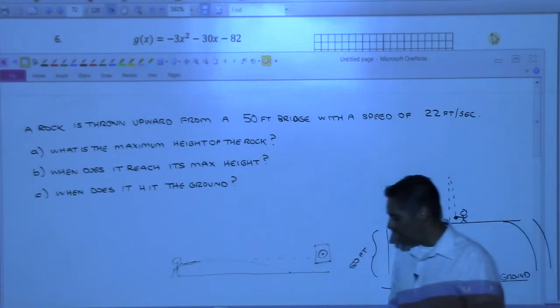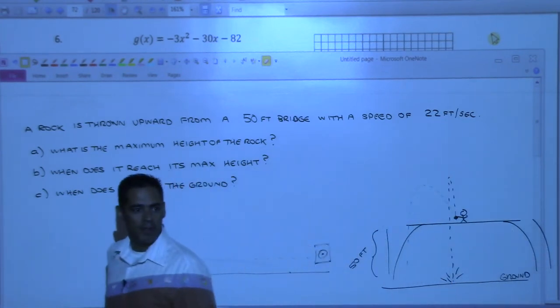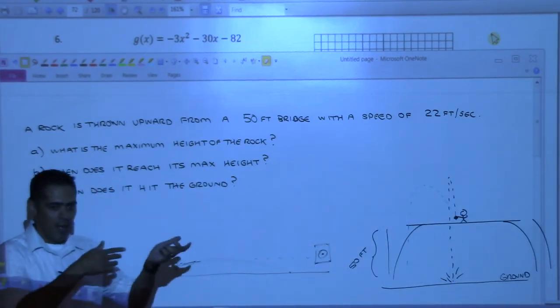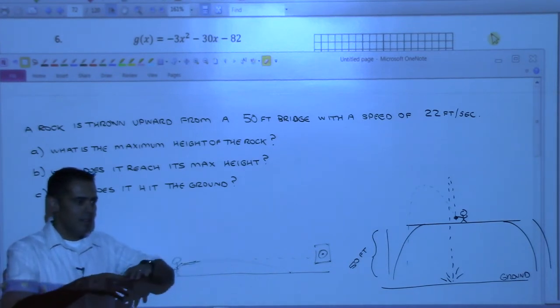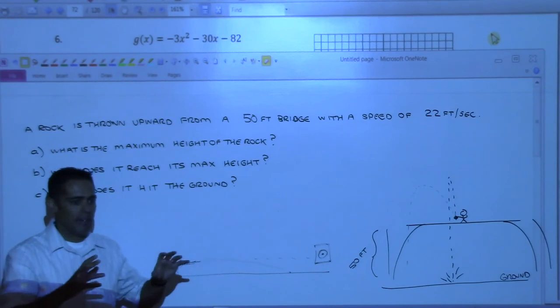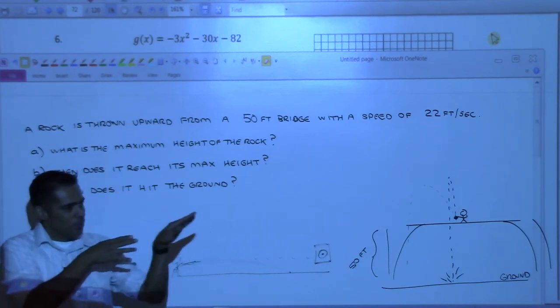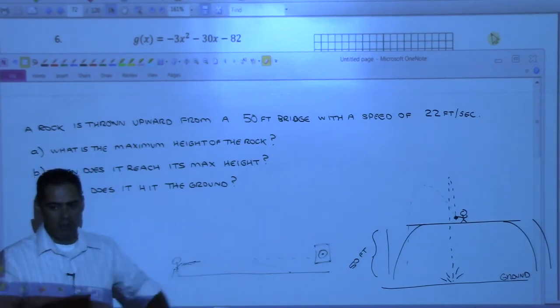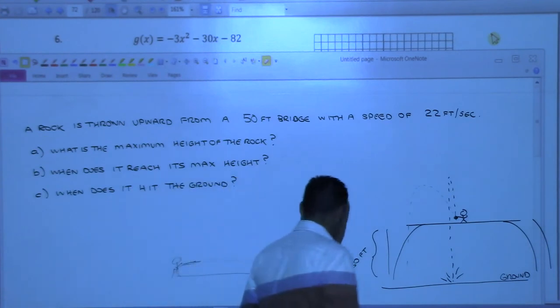And this is what snipers and stuff in the military have to deal with: trying to figure out the velocity of their bullet, and then they take into account gravity and wind and humidity and all these different factors and try to predict where their bullet's going to hit out there. It's very complicated, but